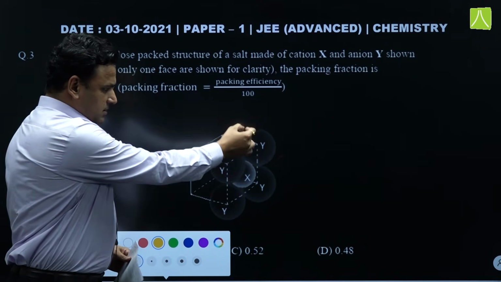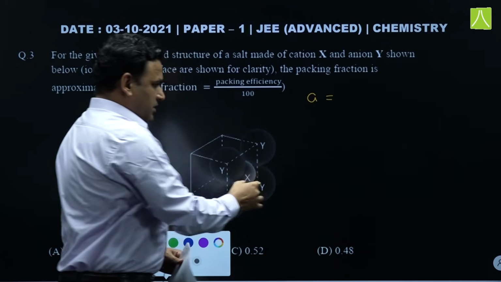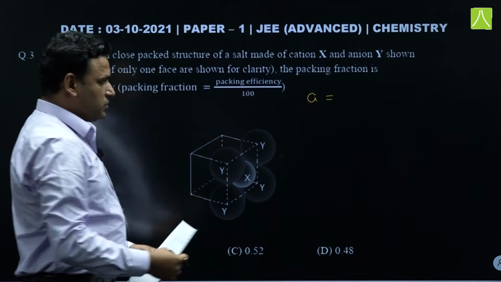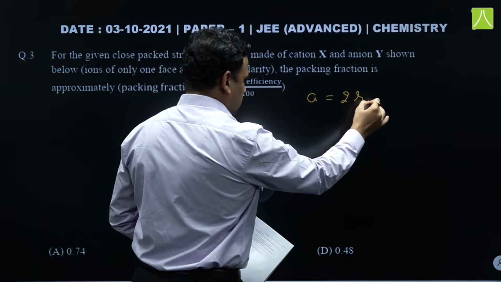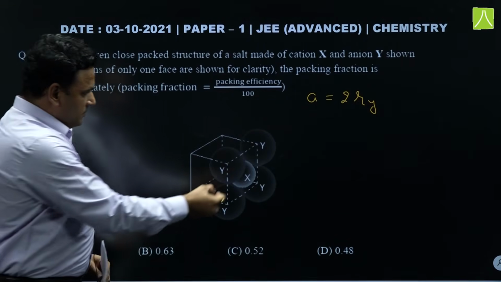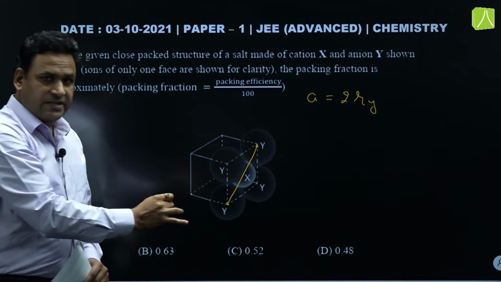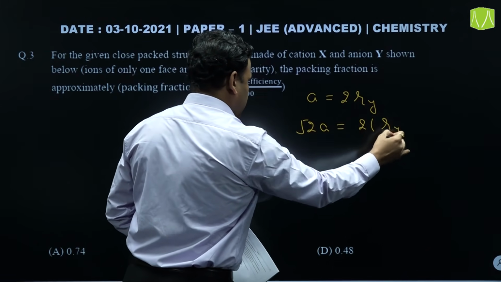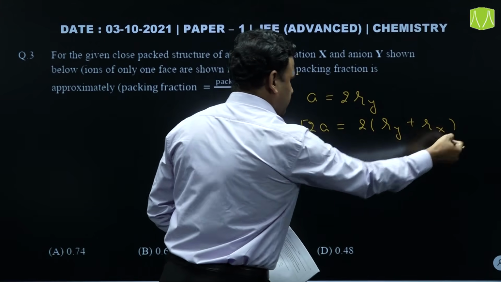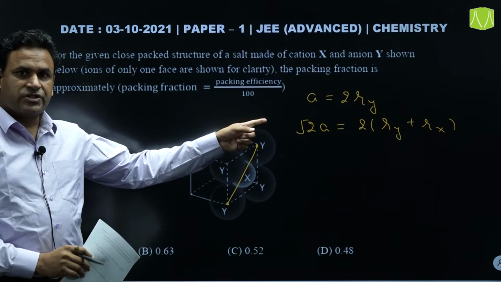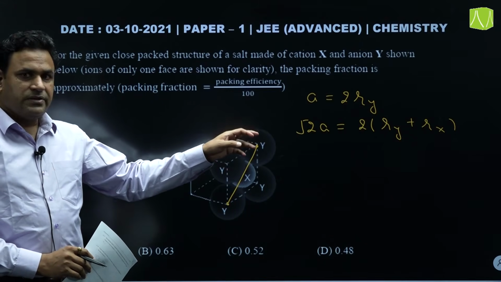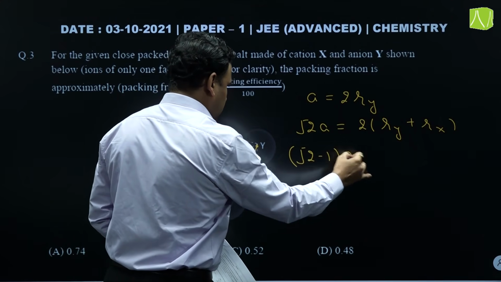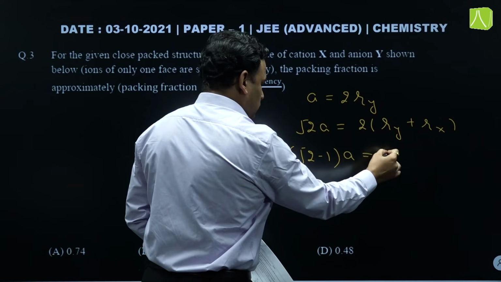We can calculate the edge length of the unit cell. Since the atoms of Y are also touching each other according to the figure, edge length is also going to be 2 times the radius of the Y atoms. And we can calculate the phase diagonal. Phase diagonal is going to be √2 times A, that is equal to 2 times radius of Y atom plus radius of X atom. So this way we can calculate the relation between the radius of X atom and radius of Y atoms. We can easily see that √2 minus 1 times A is equal to 2 times radius of